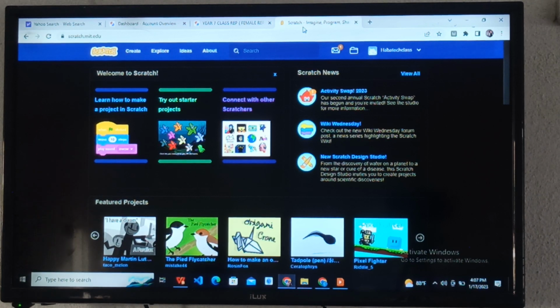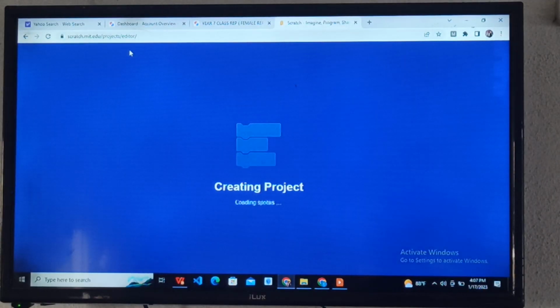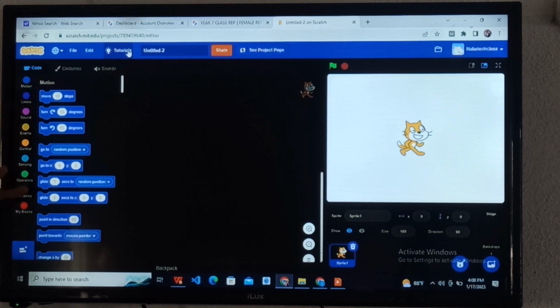if we want to start, we do what? We go to what? Create, right? You still remember? Go to create. When we go to create, okay. Then once we get started, remember all these blocks. So we will work with motion today. We'll work with motion